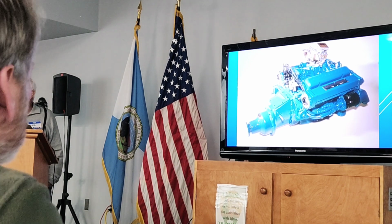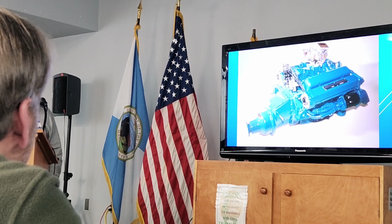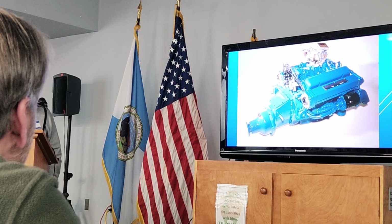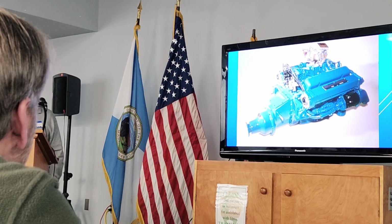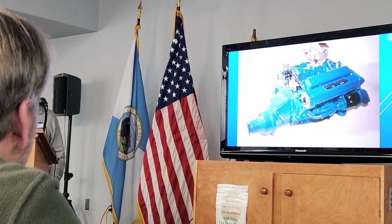Is the transmission a different color than the engine, or is that just? No, it's just the shadows a little bit. They just didn't do a very good job painting it. They didn't get the bottom of the transmission painted. Right? It was an assembly line and they were just shooting, and there's no primer on the original paint. I do have a 283 of my own that I'm putting in a 1940 U18 Chris Craft